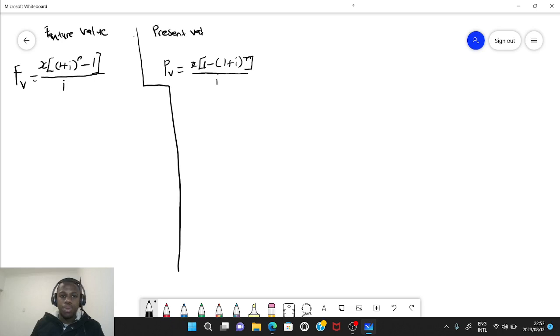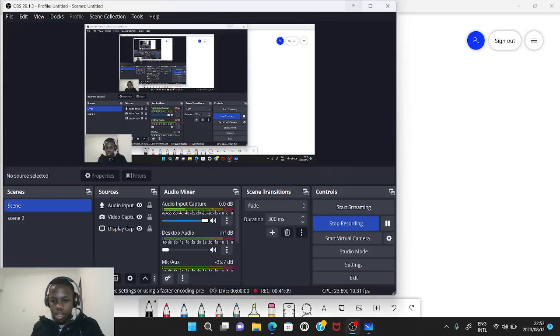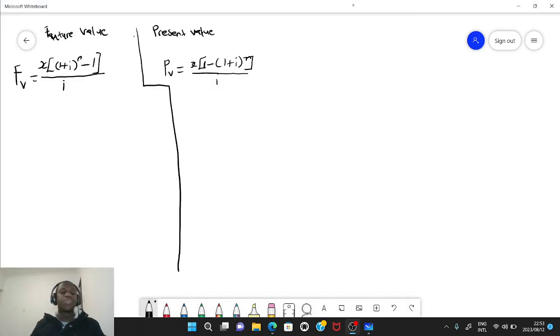And then beside, under future value, we had those examples being savings, investment, right? Number three being a sinking fund,